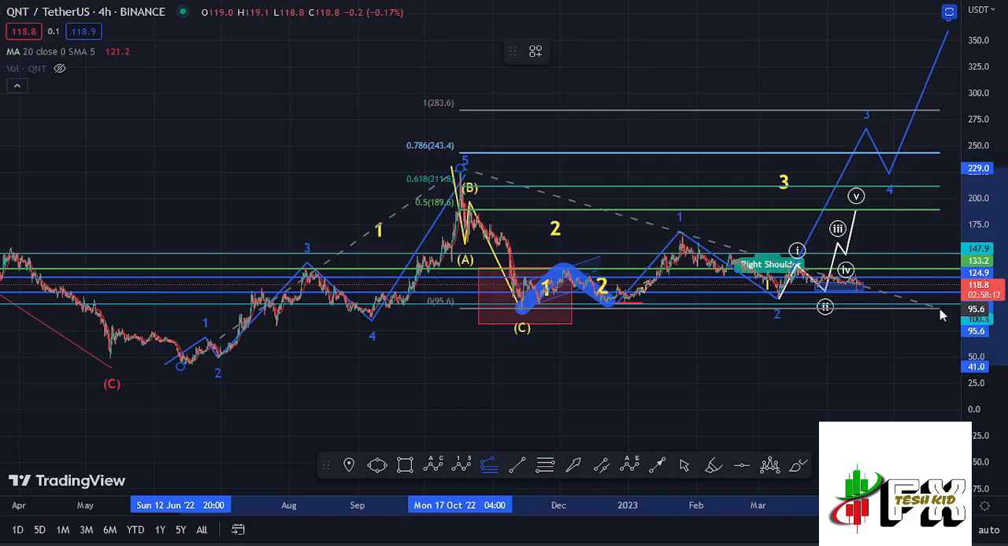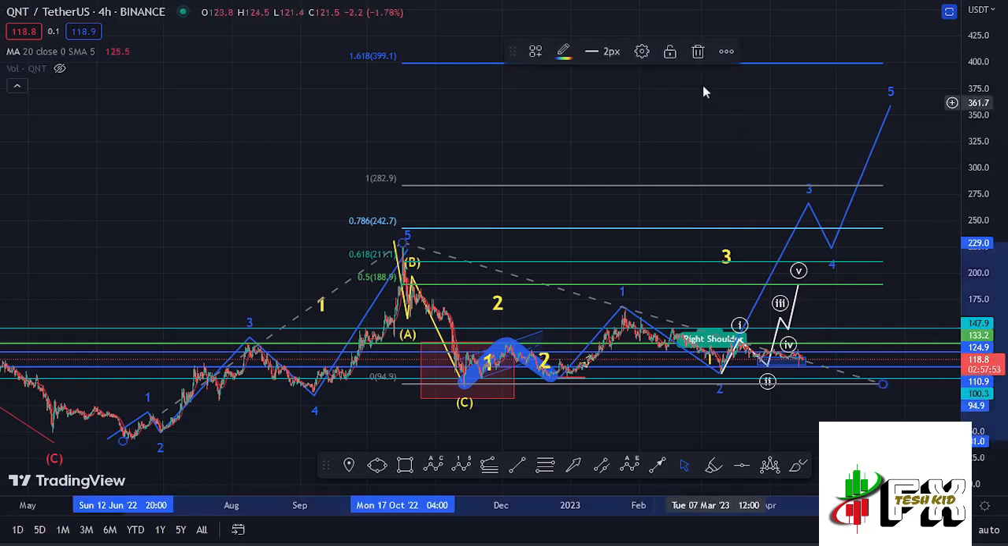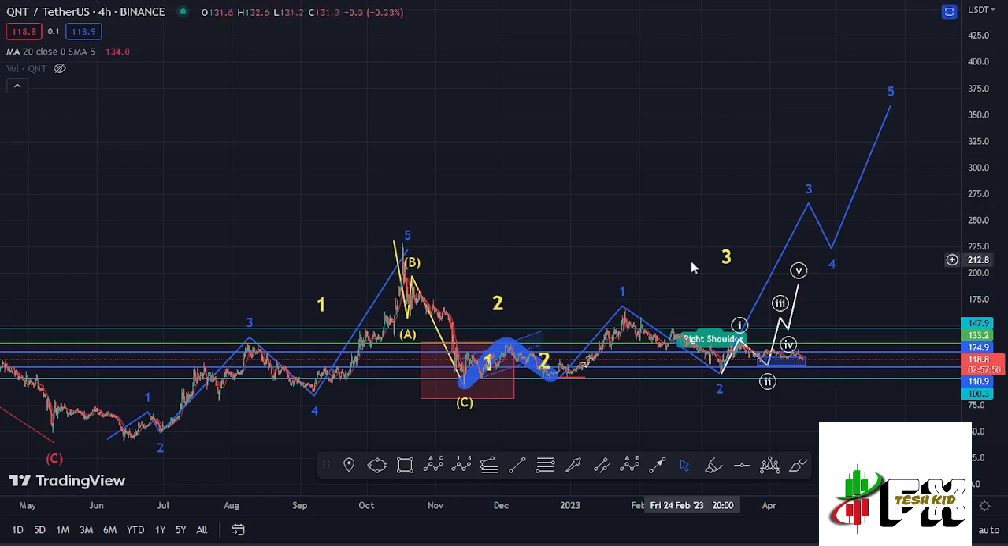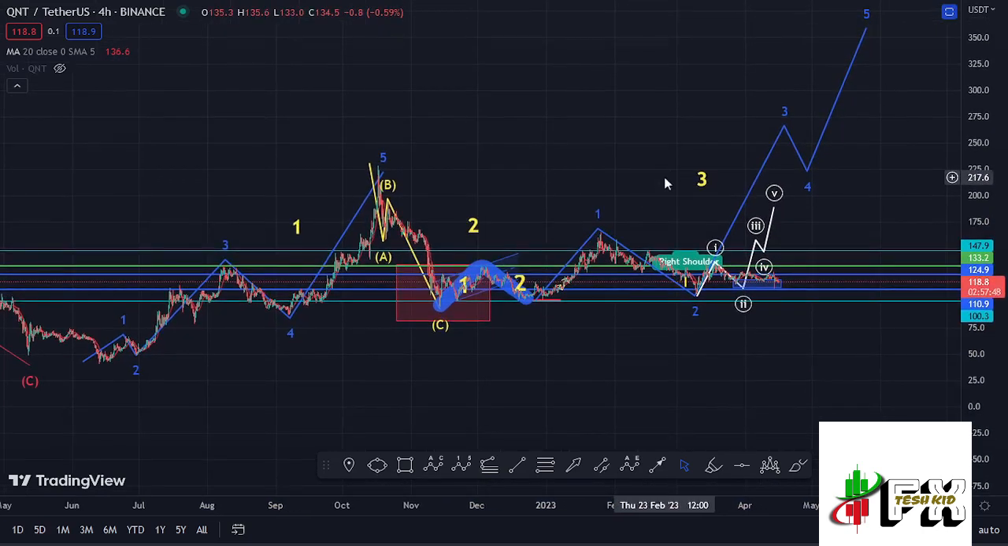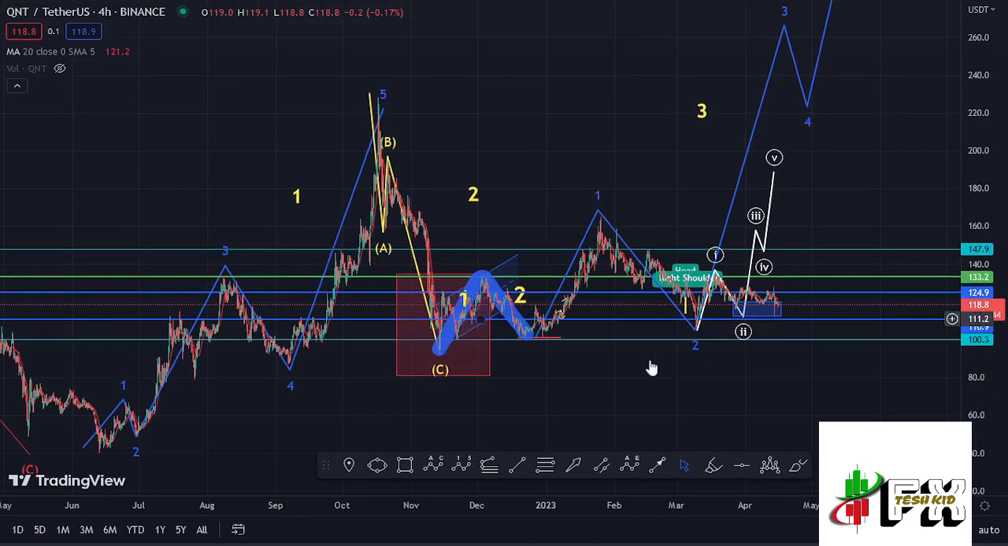That now gives me a target area in the formation of that wave 3 at the fib level 1.618, and that is at around the $399.1 mark. And that is the minimum that I'm expecting Quant to do on the long-term scenarios in the formation of that wave 3. And in the formation of the wave 3, which is an impulsive wave, I'm also expecting to see a 5-wave structure in formation,